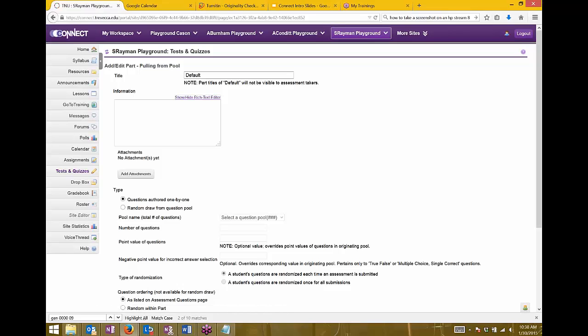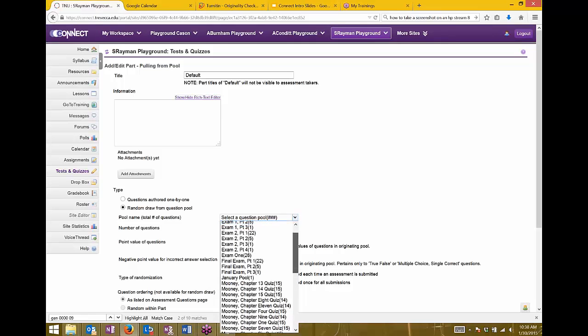And then down here underneath type, you can do what an assessment builder does, which is author the questions one by one, or the second option says randomly draw from the question pool. And then you can click on the drop-down menu here and select the question pool that we just